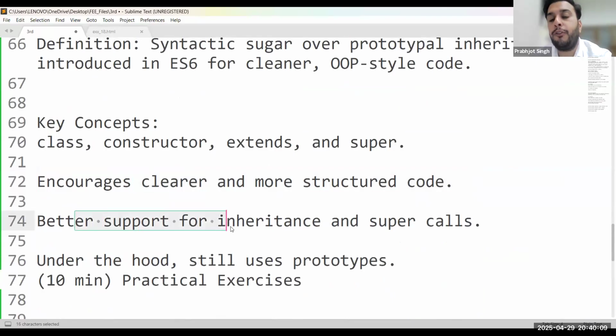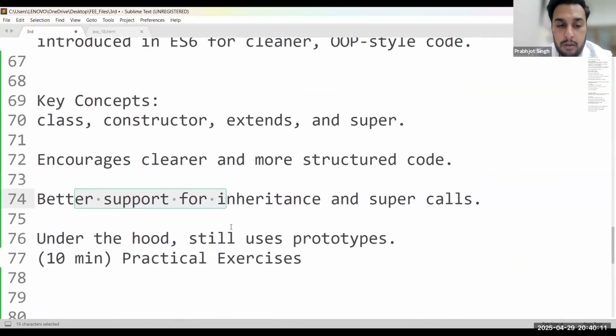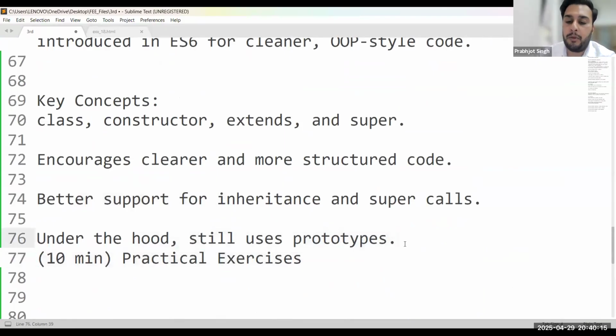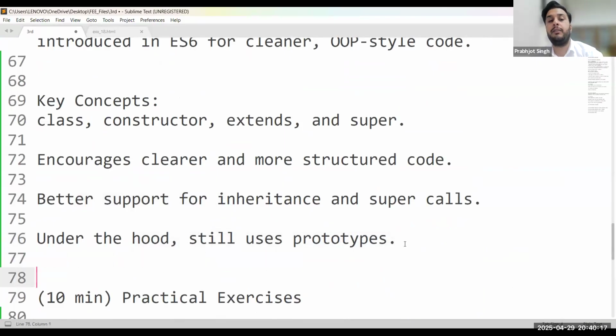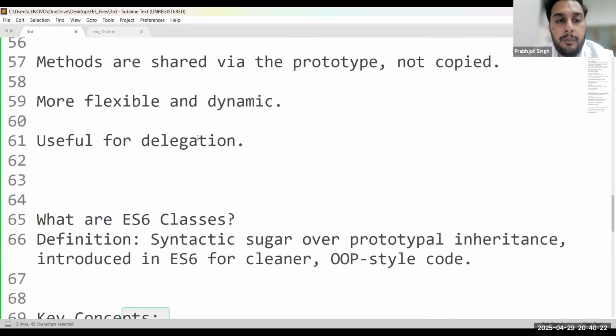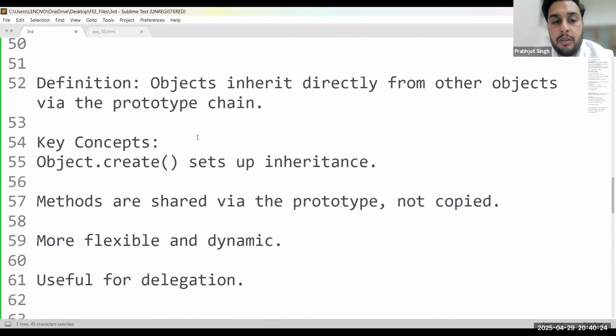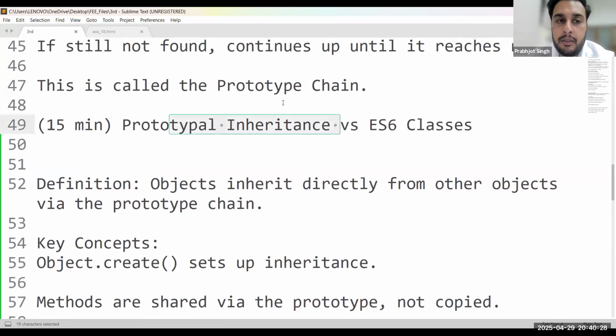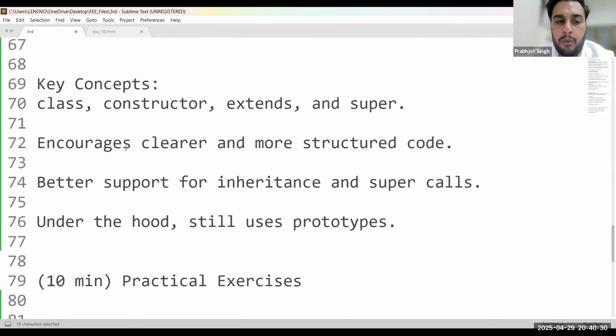It has better support for inheritance and super calls. Under the hood, it still uses the same prototype property, but with a new method that is really helpful, right? This is the reason that we use ES6 classes versus prototypal inheritance, due to the clearer and more structured code,